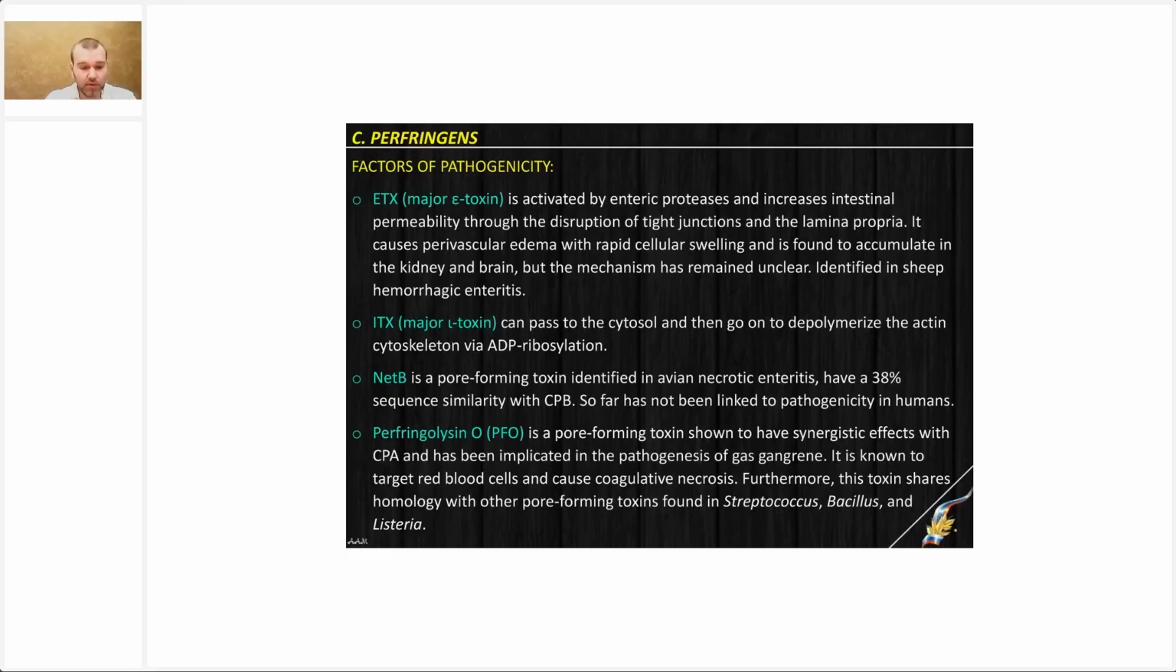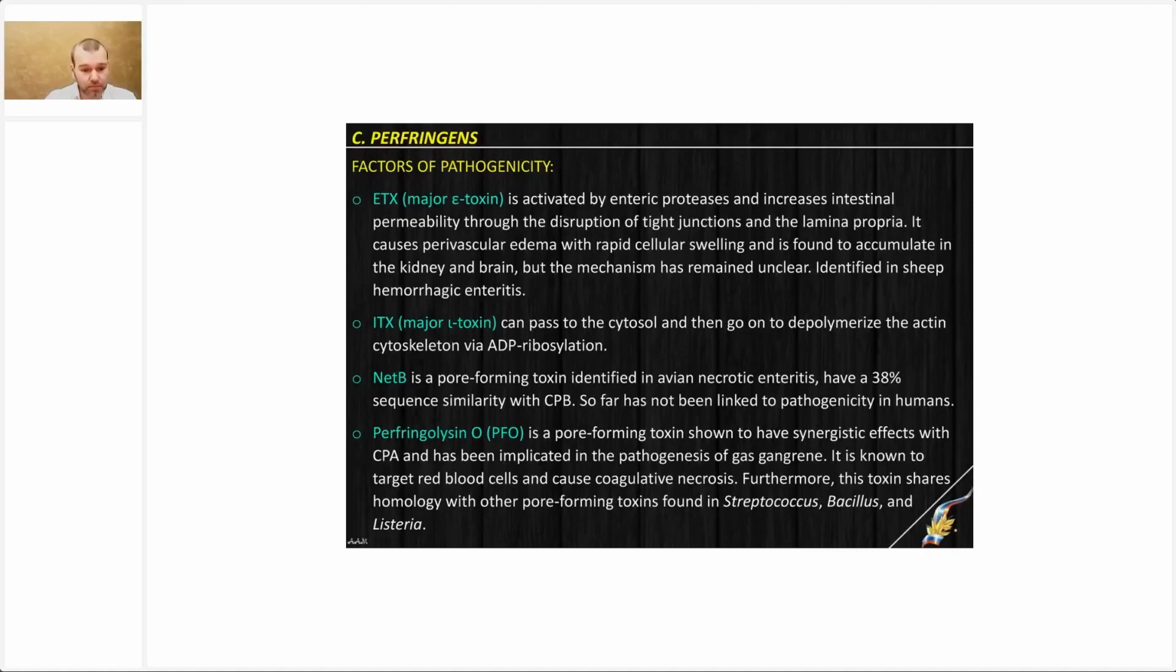And the last minor toxin is perfringolysin O, or PFO. It is similar by effect. It has the ability to form pores in affected cells. It can increase the activity of alpha major toxin. And actually, if you remember that streptolysin O toxin produced by Streptococcus. So both toxins have high similarity, and actually a few other bacterial genera can produce similar toxins. And it's confirmed that those toxins can affect red blood cells, cause coagulative necrosis in tissues,